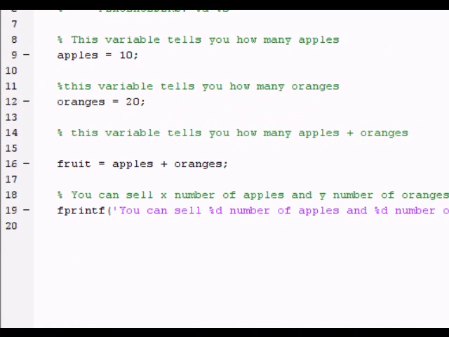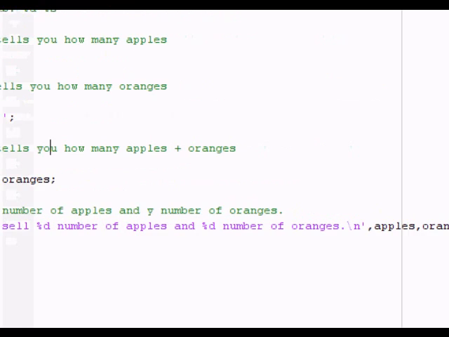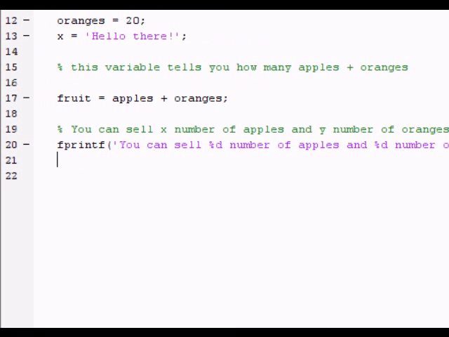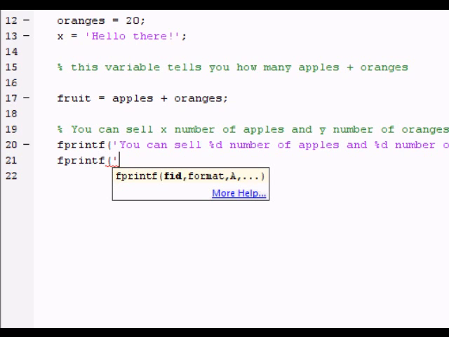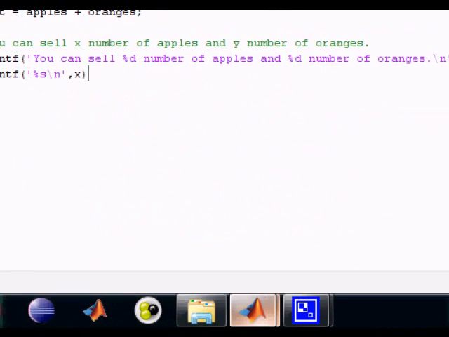and you can do this also with strings. I'm not sure if I mentioned that in string variables in the last video, but I can say x equals hello there, and I'll close. Now this is a variable, that's a string. It's a message by itself. So maybe after this I can do fprintf, and then I'll do apostrophe percentage s, and then I'll do next line, close apostrophe, comma. What variable did I use? I used x, close the parentheses, and okay, so didn't use any other variables, so I only print an x,